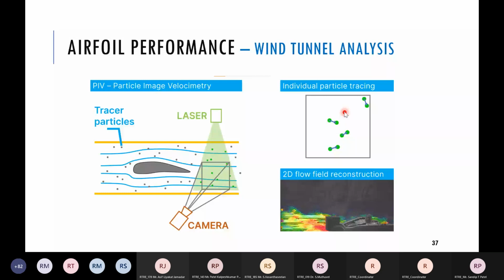Fine. So using some spatial algorithm, they trace that, okay, this is the particle which was previously over here. So they track and trace using some sophisticated algorithm, and by that the whole flow field reconstruction can be